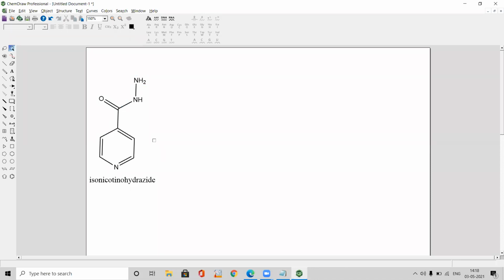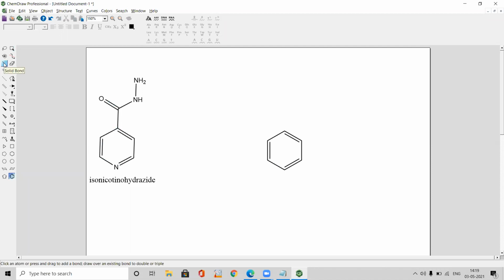Forget about what are the atoms present. Forget about all those things. Simply you need to draw the basic skeleton. So for that I am going to select benzene, as there is a benzene derivative which is a heterocyclic nucleus called pyridine ring. But first I will select benzene nucleus. I had drawn the benzene nucleus. Then at this position there is a substitution.